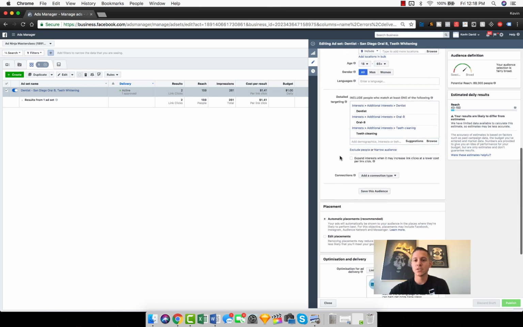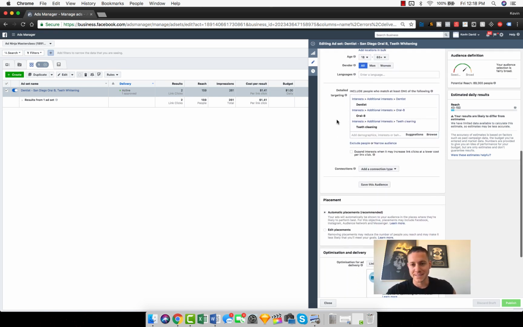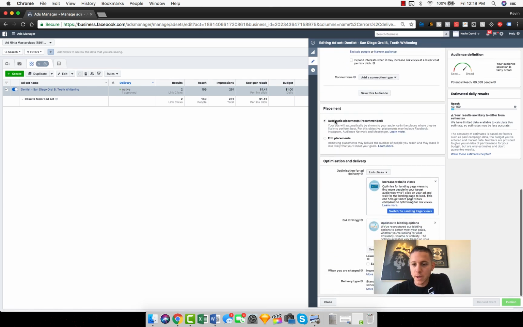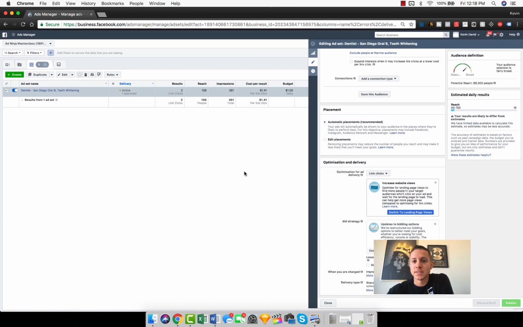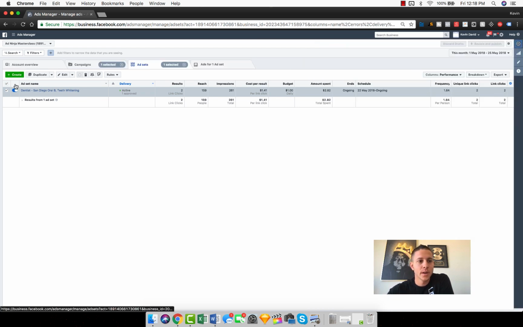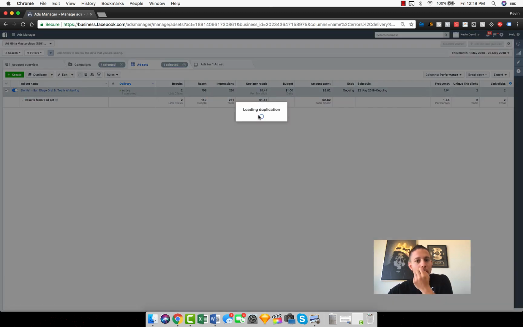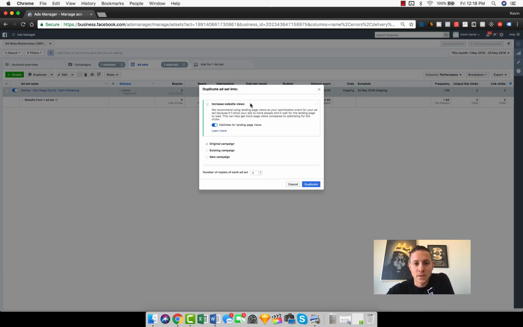And so let's say that we wanted to split test this and only target men. So how do we do that? So keeping everything else the same, it's actually quite easy, right? So we're going to collapse this panel, and we're going to come over here, and we're going to hover over this, and right here where it says duplicate, we're going to click duplicate, increase website views, right? We're going to optimize for landing page views. We are going to duplicate the original campaign,